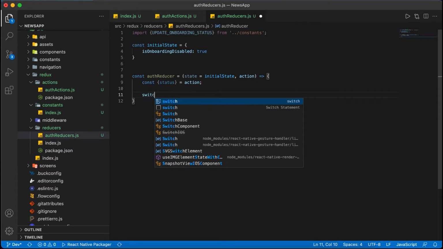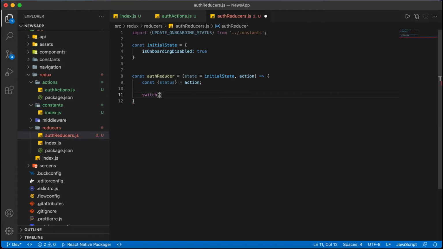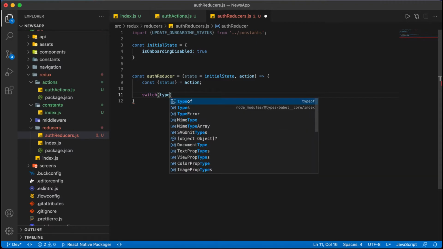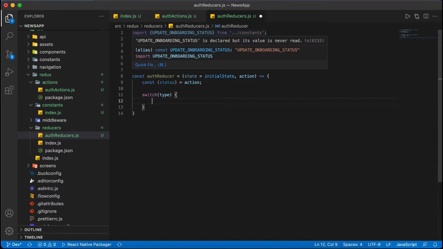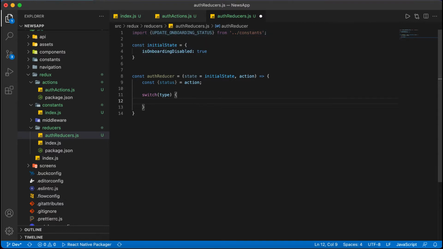Then here we will check the type. The switch function will take one type parameter. We will check in each case if it is update onboarding status. If the type dispatched is update onboarding status, then we will do some operations. So the first case will be update onboarding status.